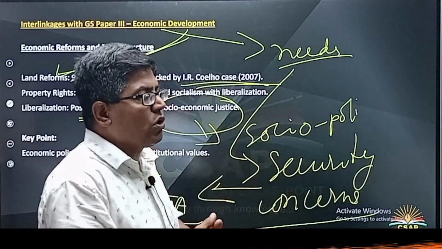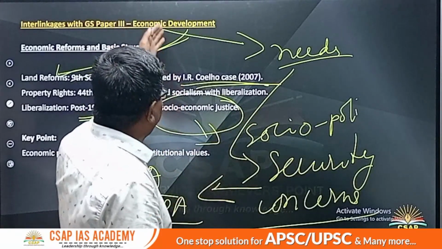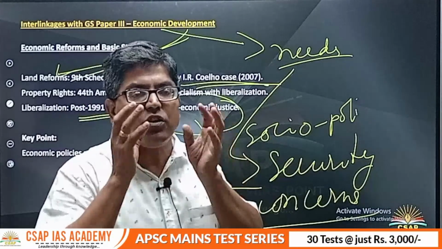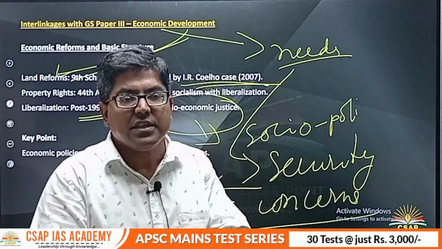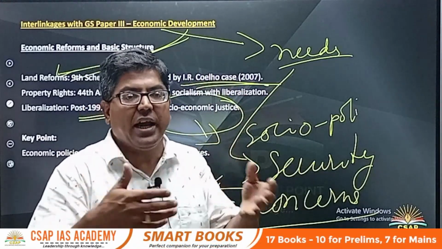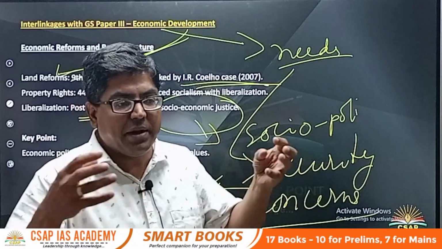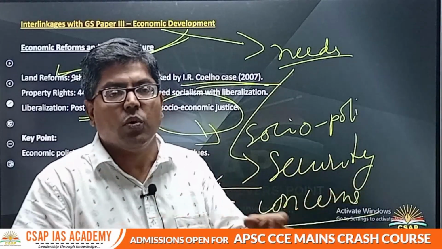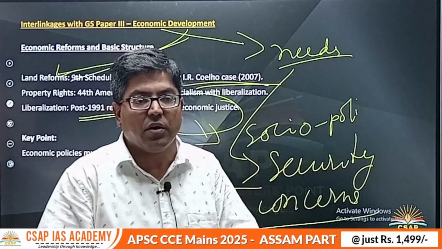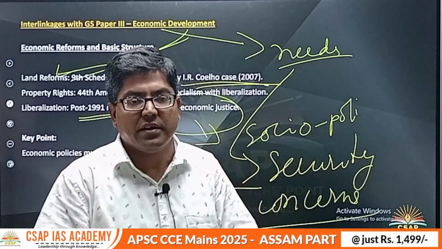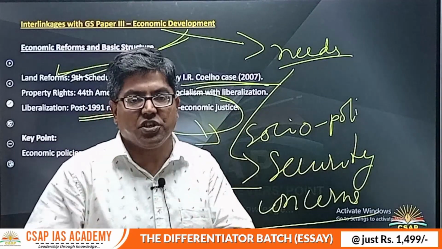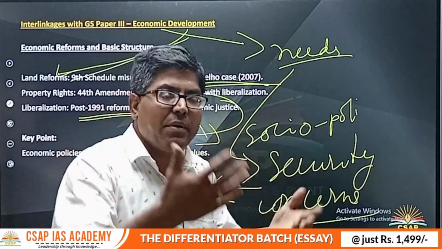So what does the court do? Of course, this economic development is also very important, right? So the court will try to find a balanced path, just the way we try to find a balanced path. For example, earlier I was saying that in the ethics paper also, whenever there are conflicts between two sets of duties, we need to see what is the nature of that conflict, what are the things that are in conflict, and how do we take a reasoned decision, not getting carried away impulsively.